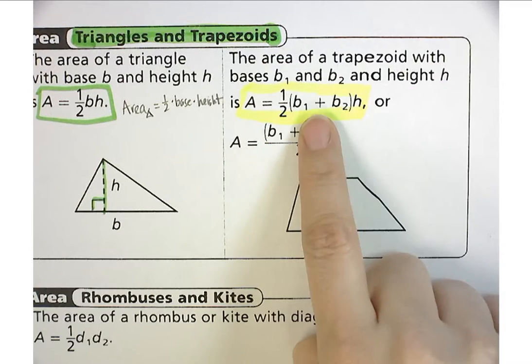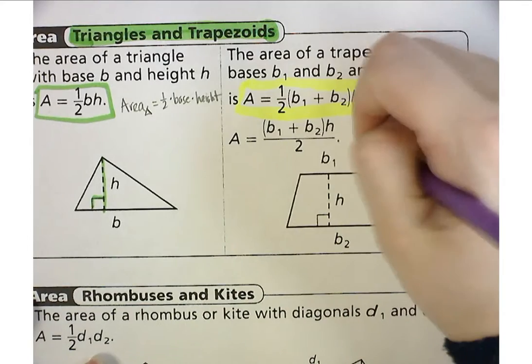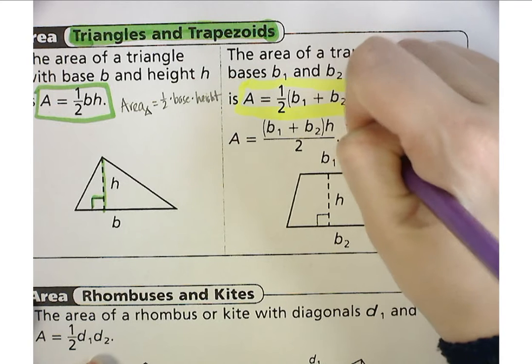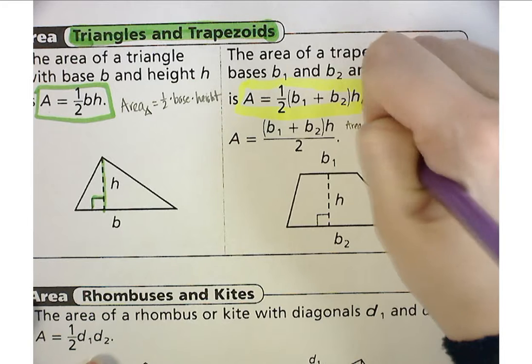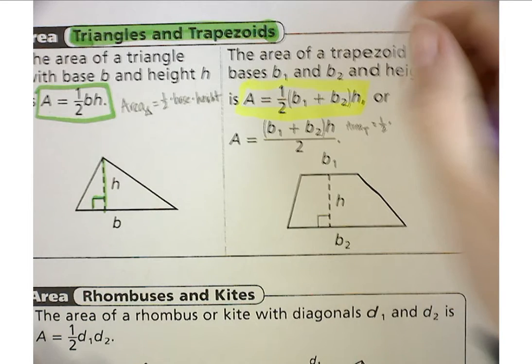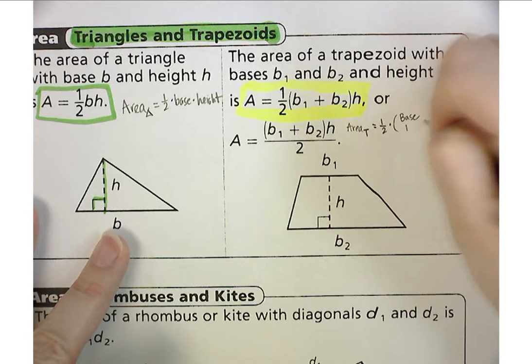This is usually the one that I'll use. So this means that the area, I'm going to put a T for trapezoid, is equal to 1/2 times base 1 plus base 2